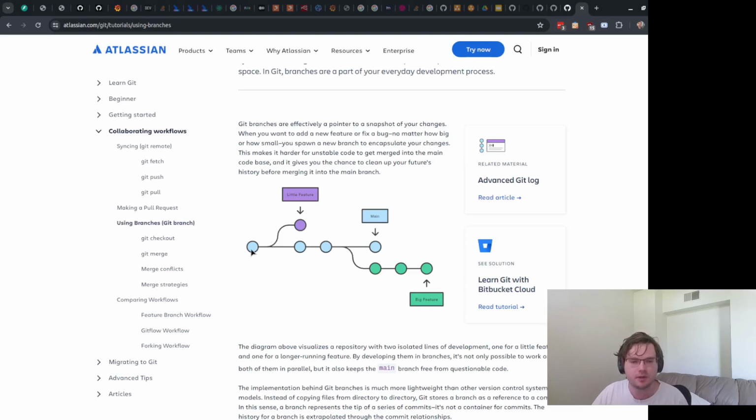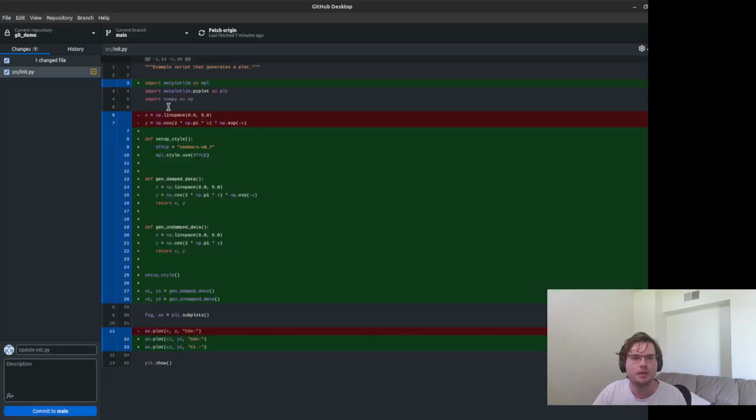As you can see, previously when we were making very sequential changes, where we went from one state, made some changes, and that links to a new state, and then made some changes from that and it links to a new state, that is one single branch, which you can see here as main. And if I go back to my GitHub, that's the default name that Git will give to the default branch that you have inside of your code.